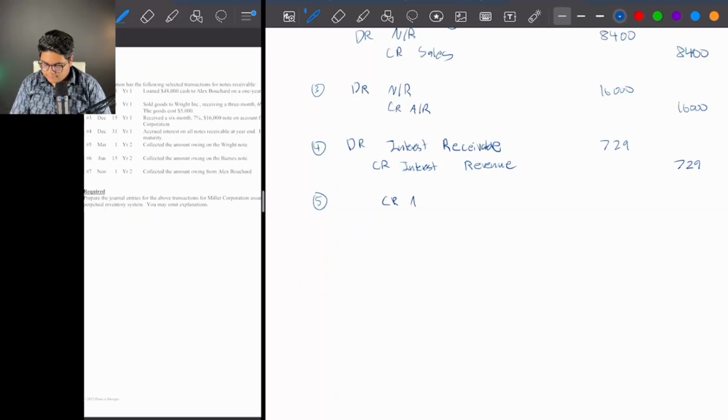So credit notes receivable. We also know that we're going to have some kind of interest, right? So we need to have a similar pattern as before when we credit our interest revenue. And now here's the thing. We are now going to credit our interest